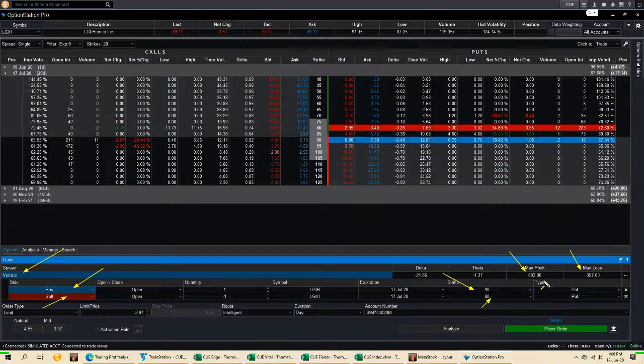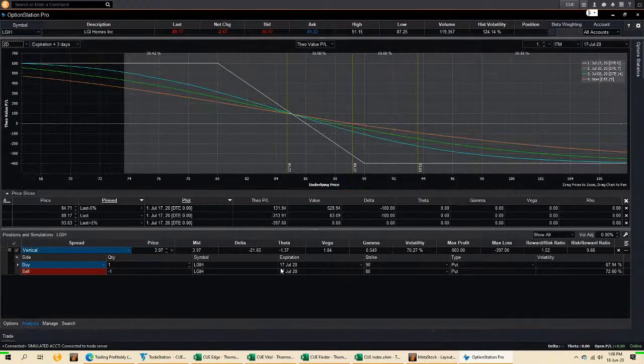And the advantage of using the put verticals in this case instead of shorting the stock is that we don't have to worry about applying a stop loss. Let's look at the analysis